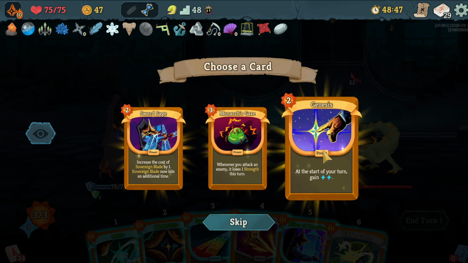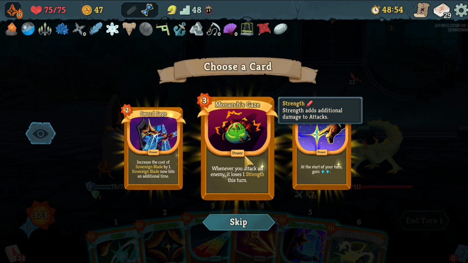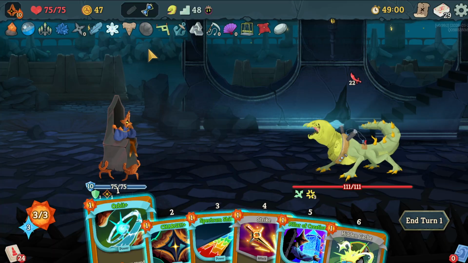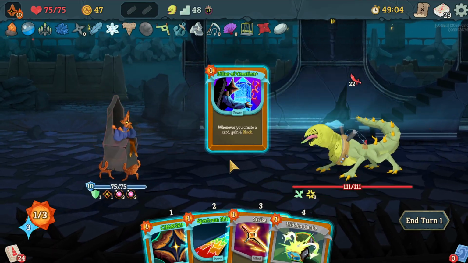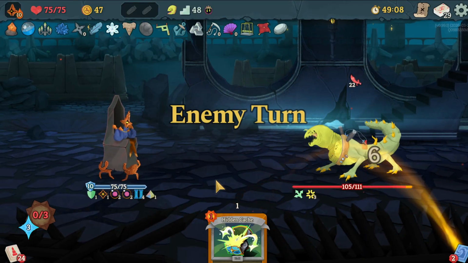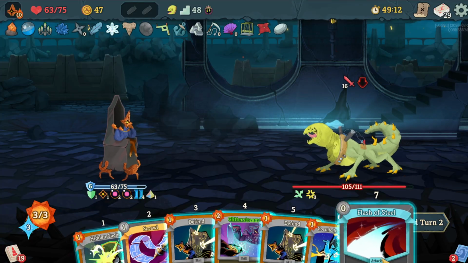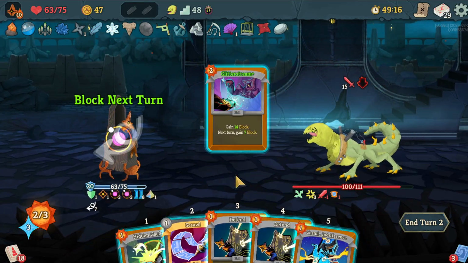Is that enough though? Monarch's Gaze actually might be a better shout here. He's just never going to be able to damage us. Yeah, cool. If I didn't have Hidden Cache, I would take the other one here, but I think that's fine. We want 2 orbits, for sure, and a pillar and a spectrum shift. Then we take 12. Sounds good to me. Yeah, I'll take that, and that's...